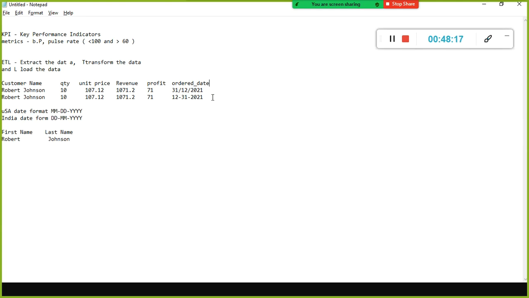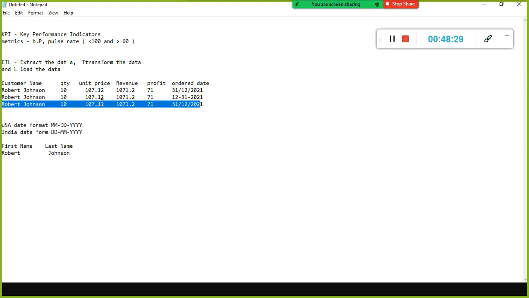And sometimes what will happen? The same record, they would have copied it more than once. Duplicate records. That is also not clean data. You have redundant data. What will happen? It gives you the wrong perception, saying 71 plus 71. You do some kind of aggregation, and aggregation means summing the values.